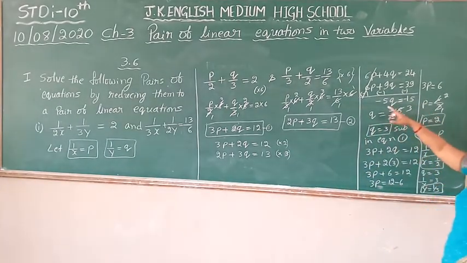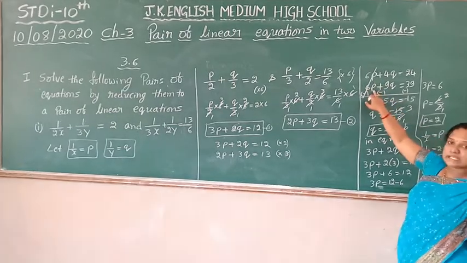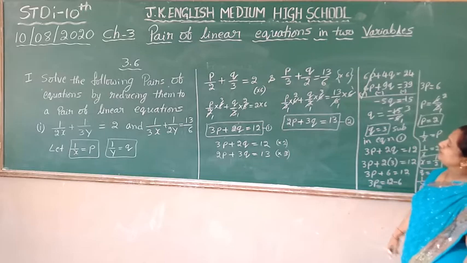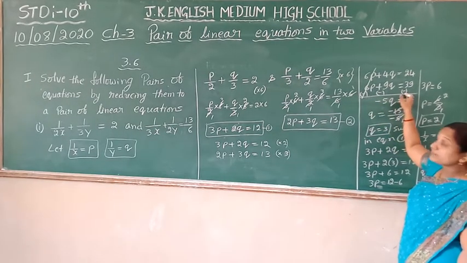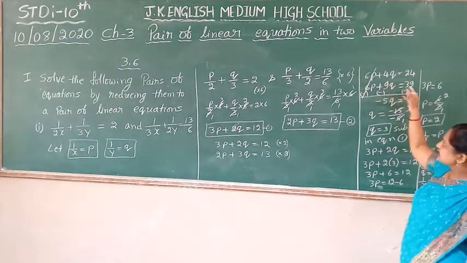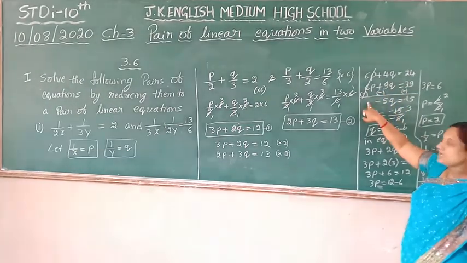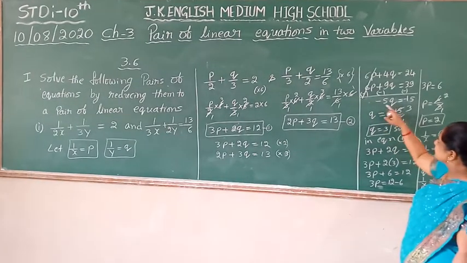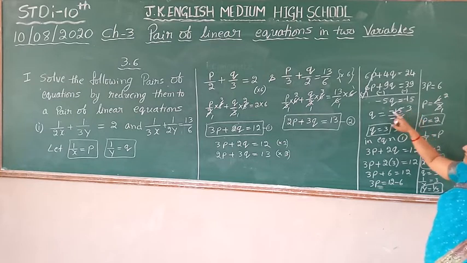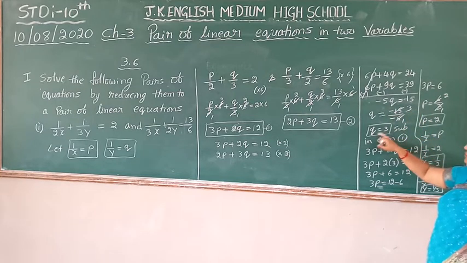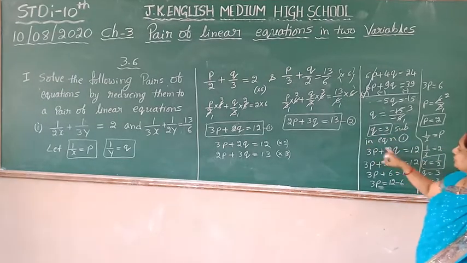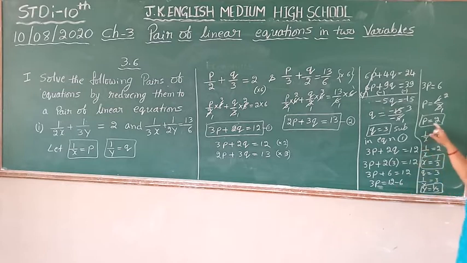To eliminate one of the variables, the value should be the same but the sign should be different. So I am going to subtract now. Subtraction means the signs change. By changing the sign, we eliminate the p variable and get the q value: minus 5 q is equal to minus 15. So q is 15 by 5, and minus divided by minus is plus. So the q value I got is 3. Substitute this value in any one of these equations and simplify, and you will get the p value as 2.